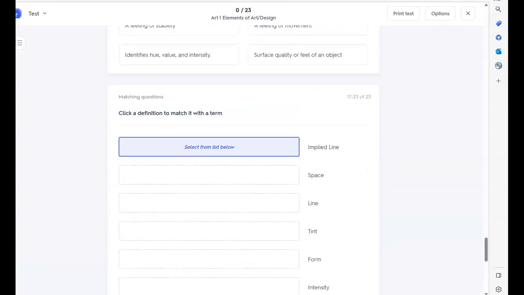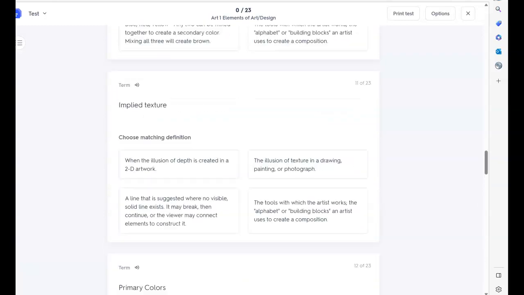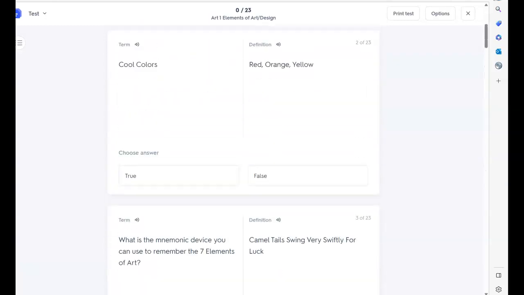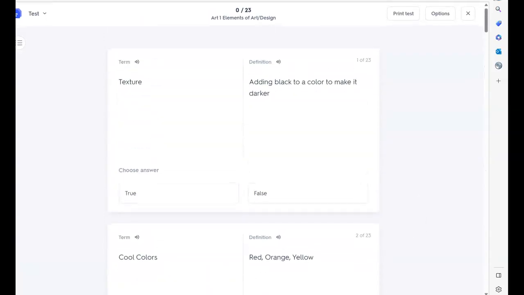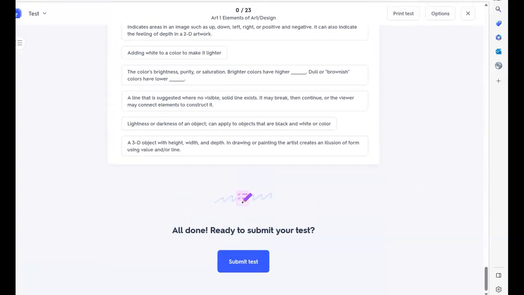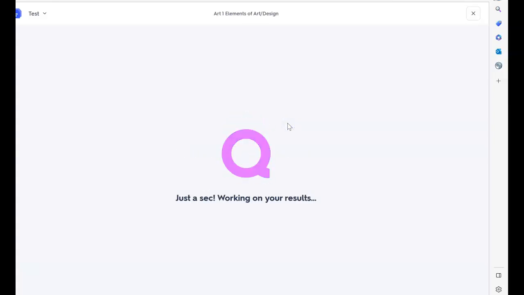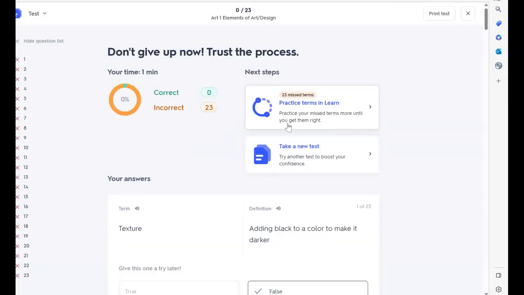Go back and check your answers, because to get full credit on your homework, you need to show me that you got a 100%. So once you have checked everything and you think you're going to get 100%, then submit test. It warns me that I skipped questions, but I'm going to submit it anyway. Oh no, I got a 0%, but let's pretend I got a 100%. Then I would use my handy dandy